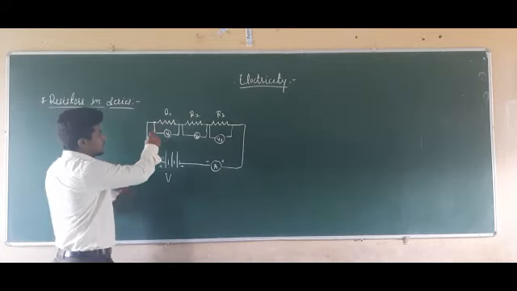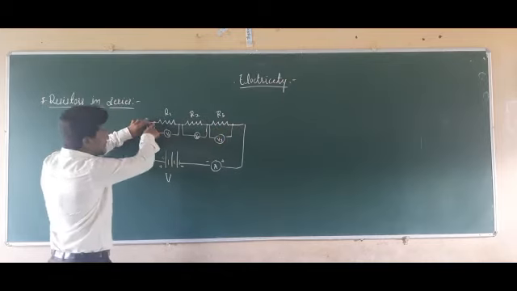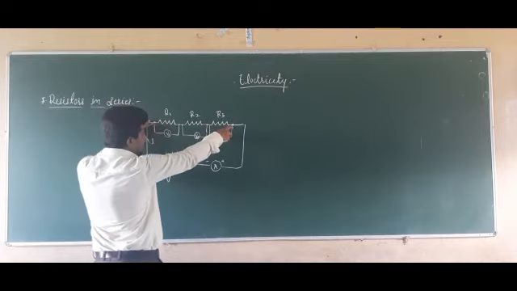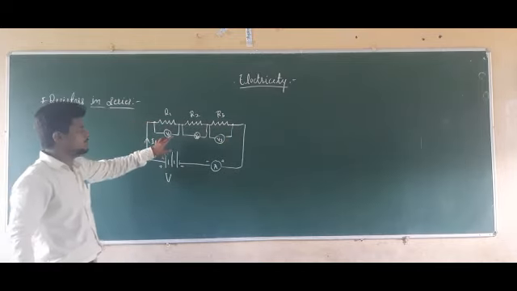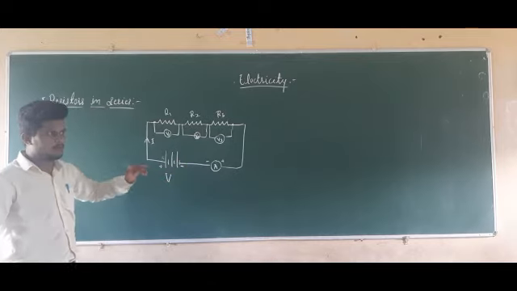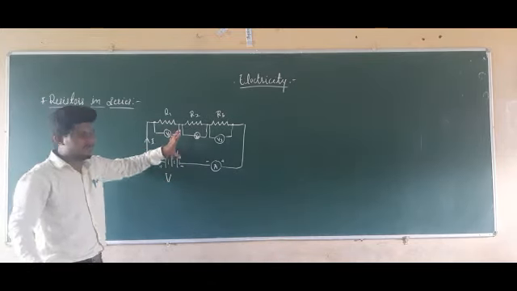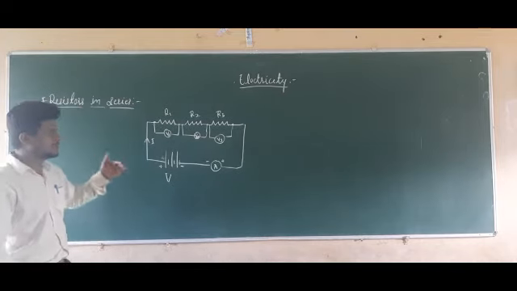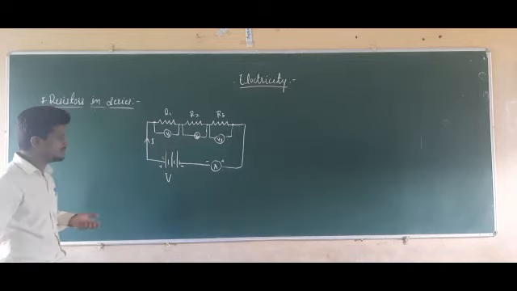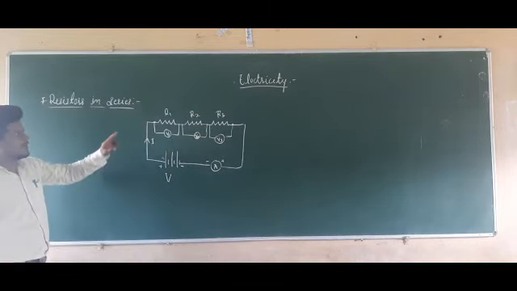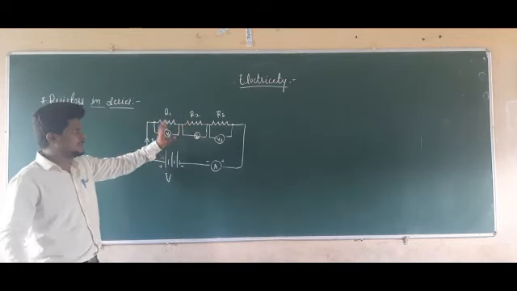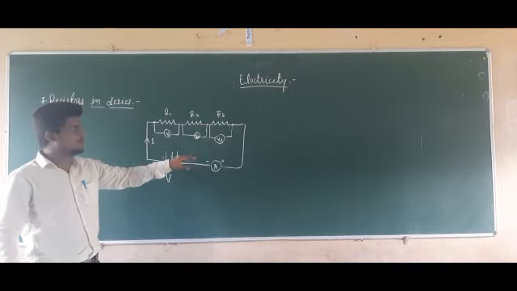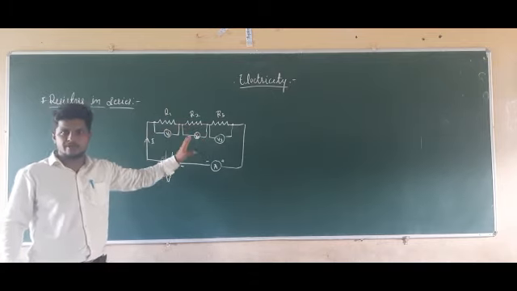So the voltage from this point to this point will be equal to the total voltage, which is V1 plus V2 plus V3. By using this, we are going to derive an equation for the effective resistance in series. Effective resistance is nothing but the total resistance of the series. Let R1, R2, R3 be the resistors connected in series. Across them, V1, V2, V3 are the voltmeter readings of R1, R2, R3 respectively. You have to write those things.